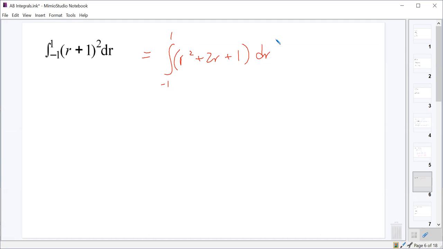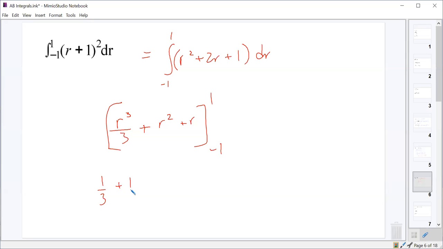Good. Okay, cool. So now we'll integrate. What's the integral of r squared? R cubed over 3. And the integral of 2r? 2r squared over 2, just r squared, right? And then what about the integral of 1? x, or r. R. And so we will evaluate that from -1 to 1, which means we will plug in